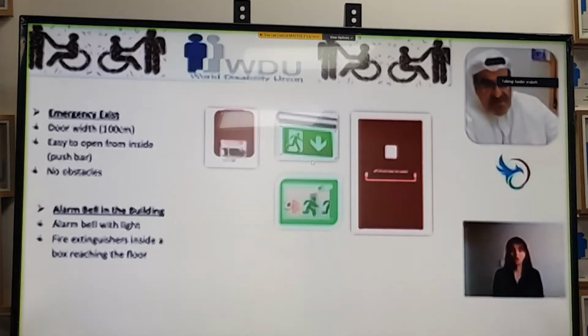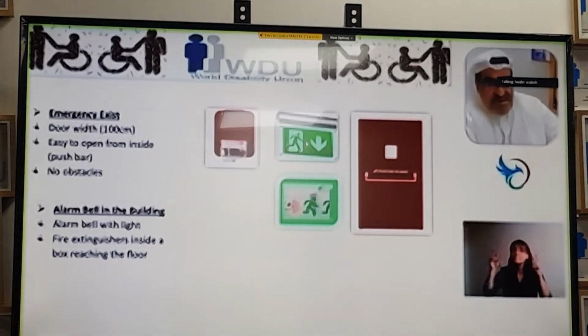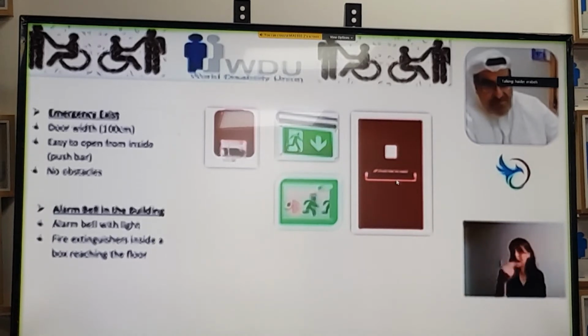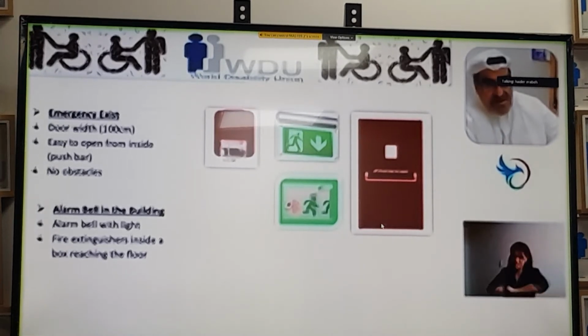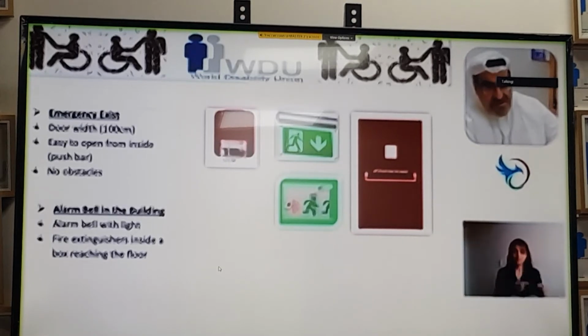There is a very clear sign showing where the exit is. And also the door should have a push bar. The door width should be 1.2 meters minimum, and it should be easy to push the bar, open the door and go out. If you continue,